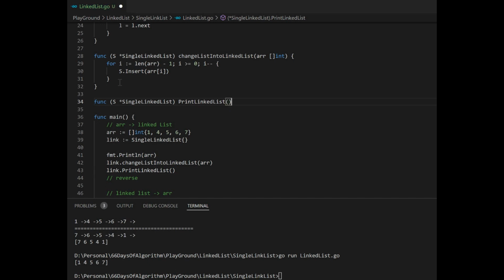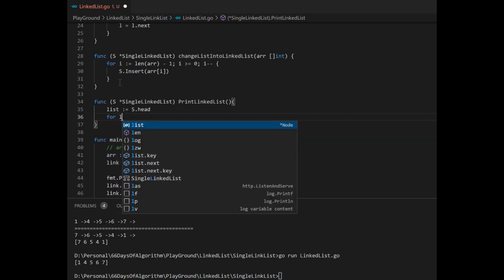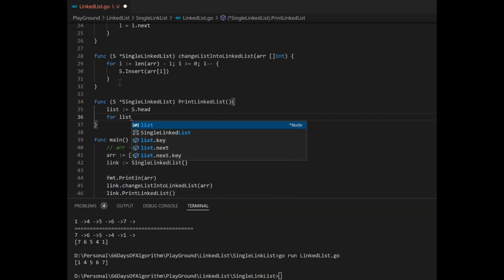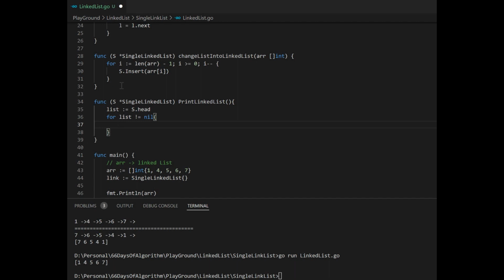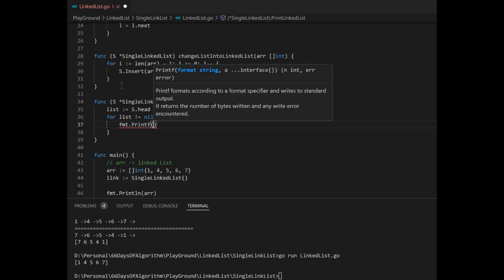Maybe don't forget to open close bracket, and we're going to print the linked list. In here we're going to say if the list is not s.head, for list, if not nil, it's not the end of the node, then we're going to print maybe just